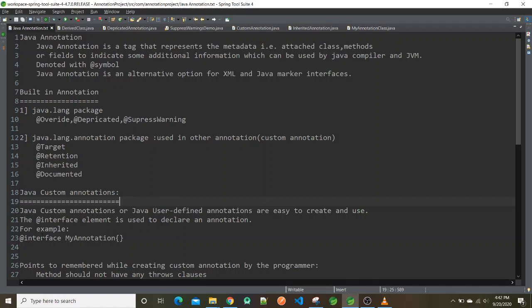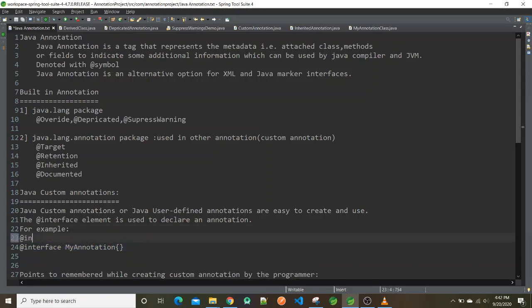You need to put @interface before creating any annotation, followed by the annotation name, and then open and close curly braces. This is the syntax of creating a custom annotation.